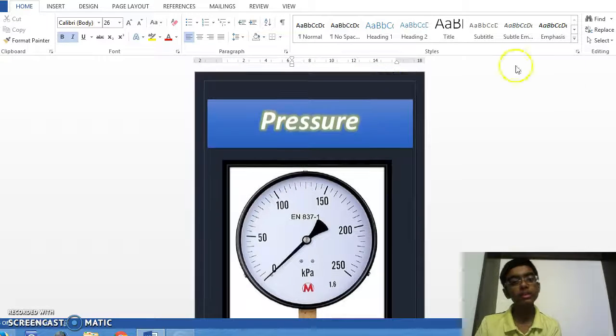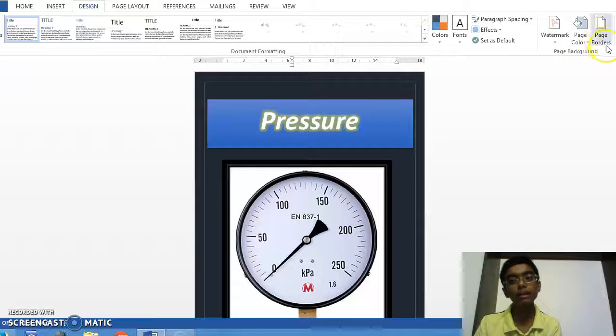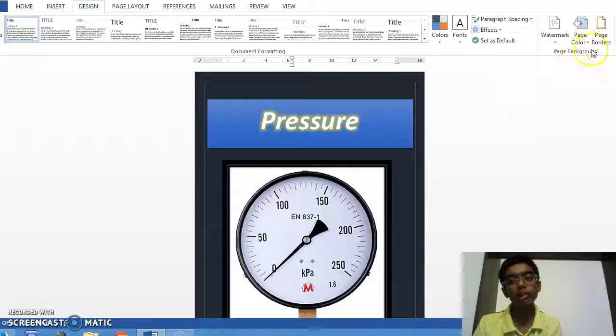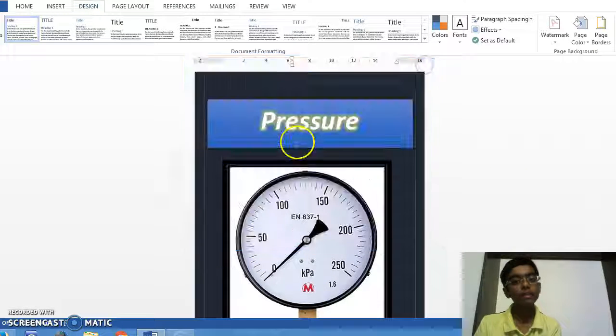Coming to the starting, you will have a blank layout in Word. Always go to the Design tab and go to Page Color. You can select your own favorite color from these options, from which you can also add page borders. The most appropriate page borders are shadow and 3D. You can apply some color from these various options. After you're done with this,